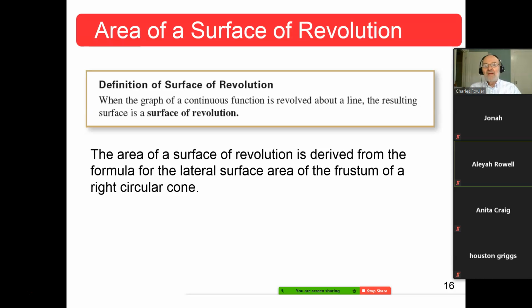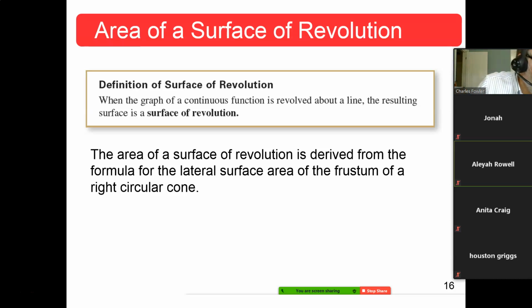Okay, now, here's the definition of a surface of revolution. When the graph of a continuous function, the graph, that is a curve, is revolved around a line, the resulting surface is called the surface of revolution around that line. The area of the surface of revolution is derived from the formula for the lateral surface area of the frustum,